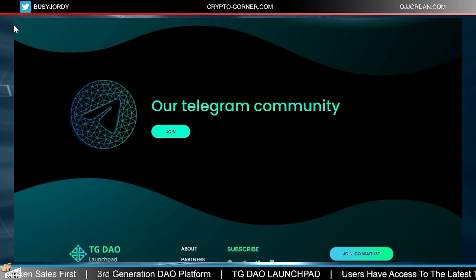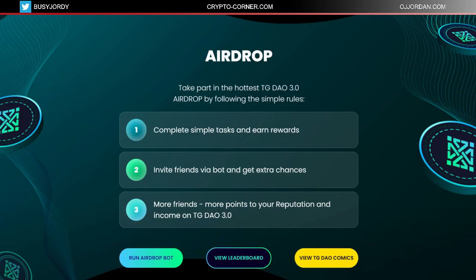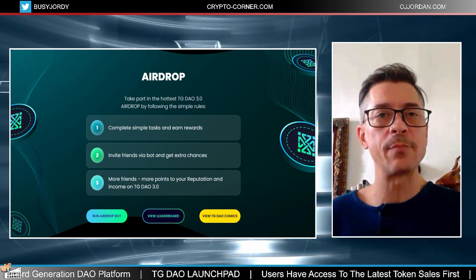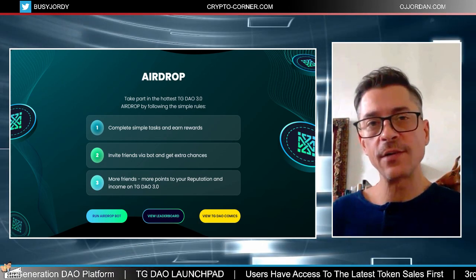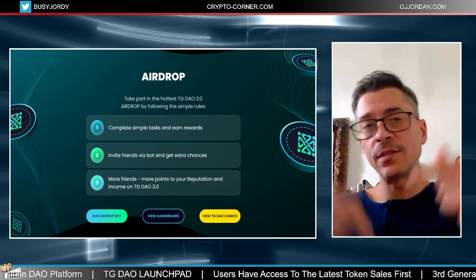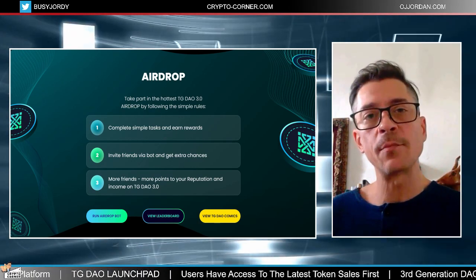They've already built a strong community and just launched a DAO Angels program where every active participant will be rewarded for their effort. So take part in their airdrop program. It's a no-brainer, really. These are free tokens. It's already started. It runs until the 11th of December. The total prize is $50,000 worth in TG DAO tokens, and you can grab the link from the description below. As always, I drop all the relevant links there, so go check them out.